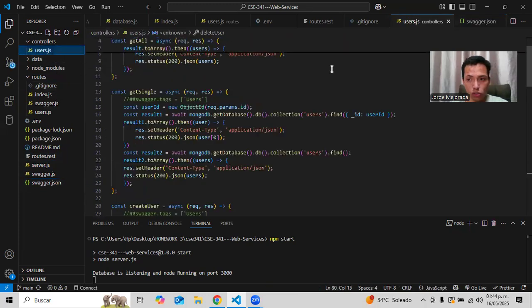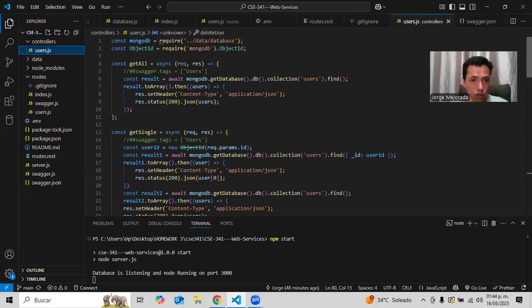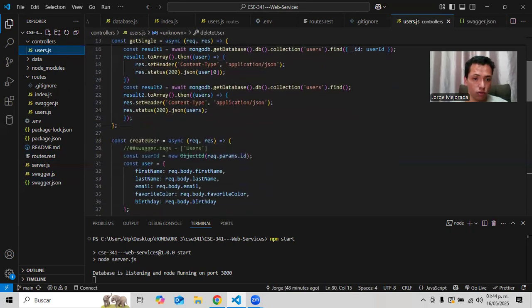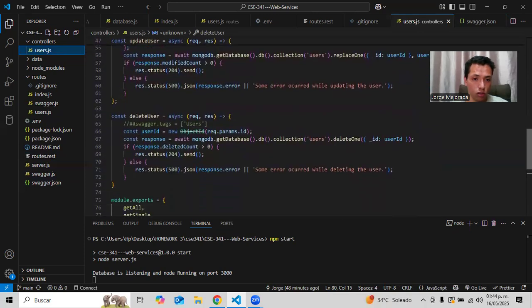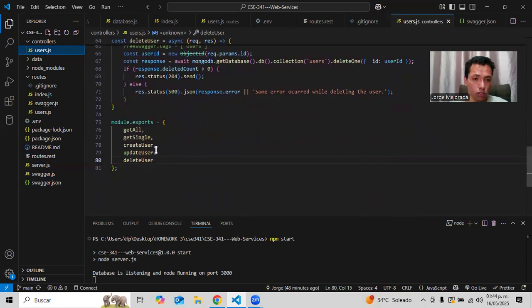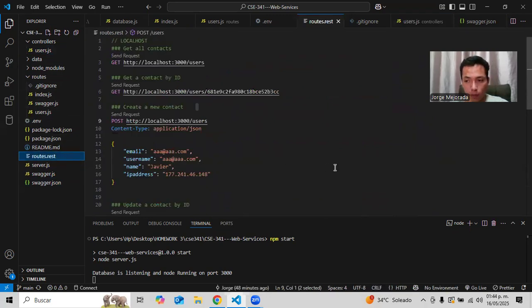Okay, we have the users. Right here we have different functions: get all function, get single function, create user function, update user, delete user, and we just export every function right here. And then we create this very important